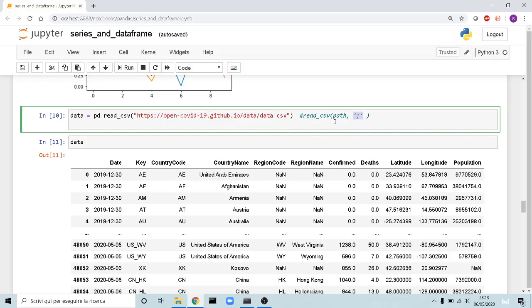For example, if the values aren't separated by comma but by another character, for example semicolon, you can add this argument, this parameter, in the function read CSV. So control space,